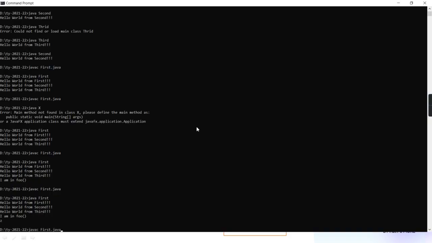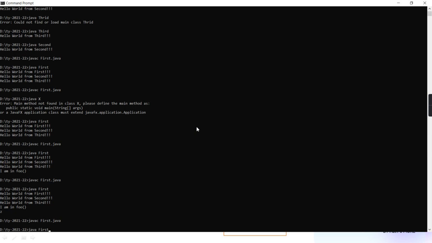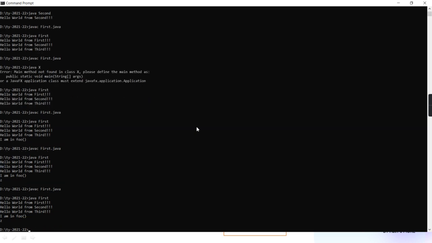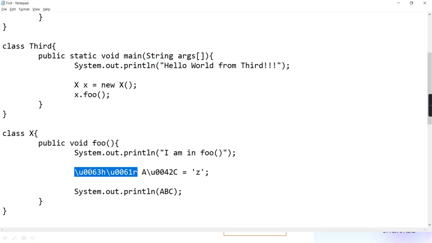Correct? See, you compile it. Is it complaining? No. Is it still printing Z? Yes. It looks like a cryptic thing, encrypted code. But in reality, the compiler is treating this whole thing as what? Character. Char: C, then H, then A, and then R. Clear, guys? You got it.